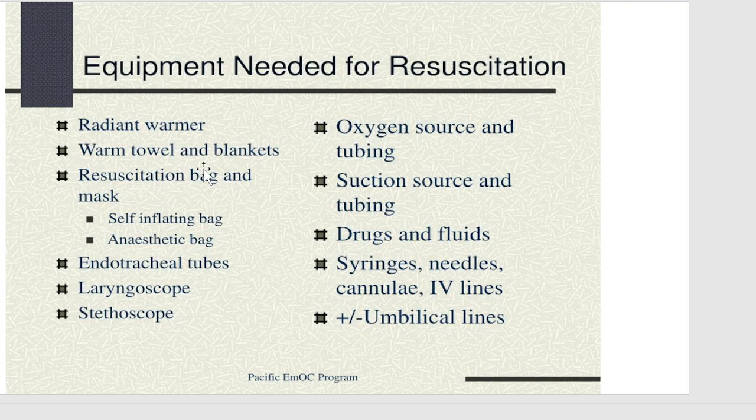So what is the equipment needed for resuscitation? A radiant warmer. I already said the baby requires this, because the definition itself is the physiological transition from intrauterine life to extrauterine life. These changes cause the imbalance seen with the Apgar score. So immediately the baby should compulsorily be under the radiant warmer. A warm towel and blanket should be given. We call it seasonal clothing.